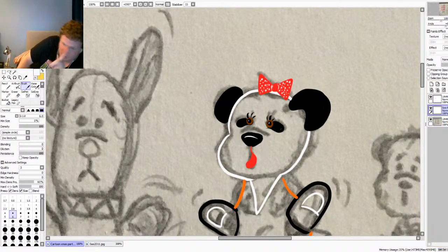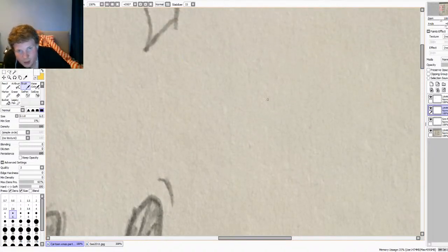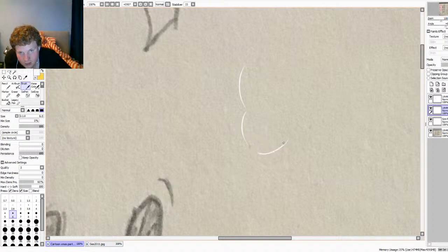In fact, here's a way I can show you. Oh no, you'll never be able to see it. But I cannot for the life of me draw women. They are so hard to draw. Because it's the face. Let's just draw an outline of a face up here. So like a face, oh look, I'm actually kind of...